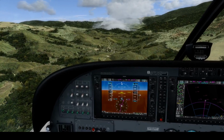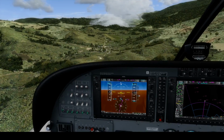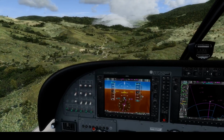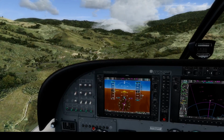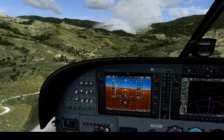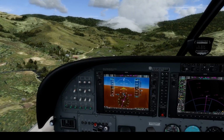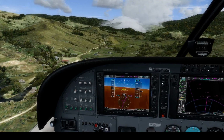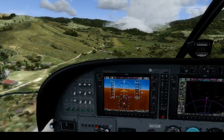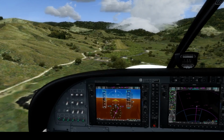So you can see the valley just leads you straight into the runway. You can see why you can't come in the other way. That rising terrain up to the northwest is not really conducive to approaching that way. I mean, you could come in at a pretty steep angle, but there's no point. You get tailwinds up this valley too, so at the moment it's pretty much nil wind, which is good, but I've seen about 5 to 10 knots of tailwind on this strip since I've been playing around with it. And anyway,